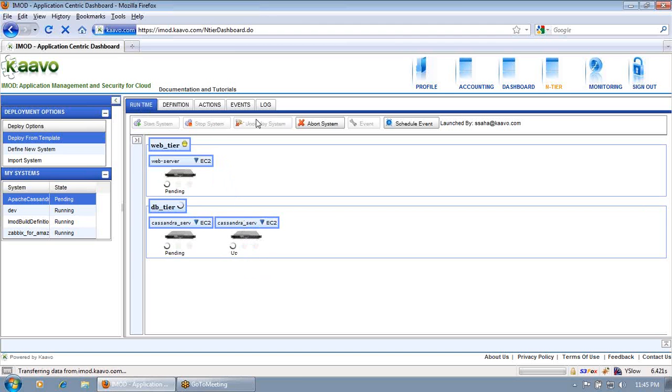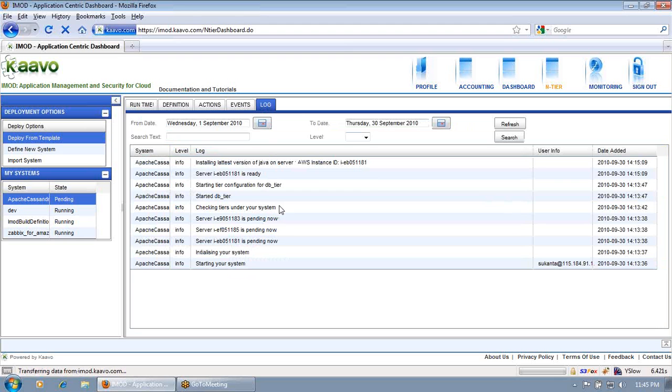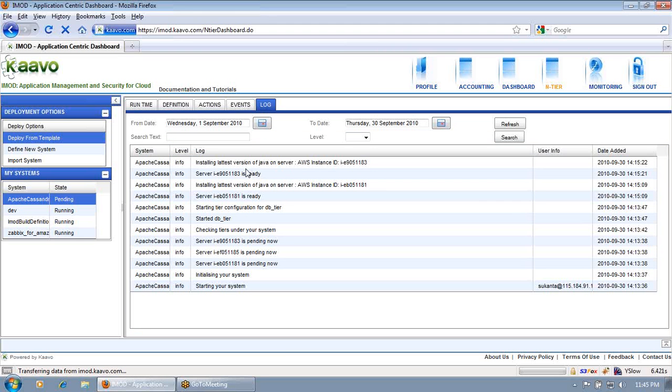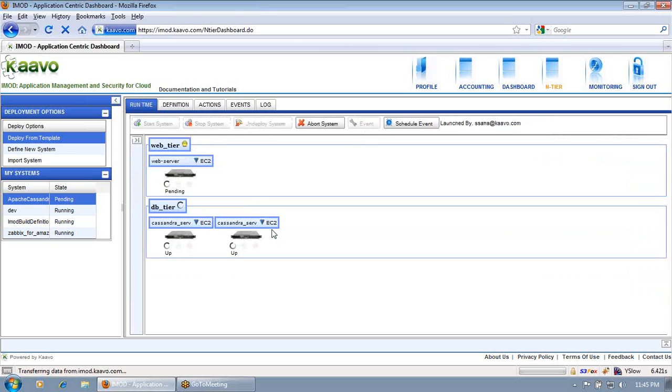So when the server is in the up state, some actions get called. You can see here, installing the latest version of Java on this server. So it means servers are now coming up and the actions are getting called.